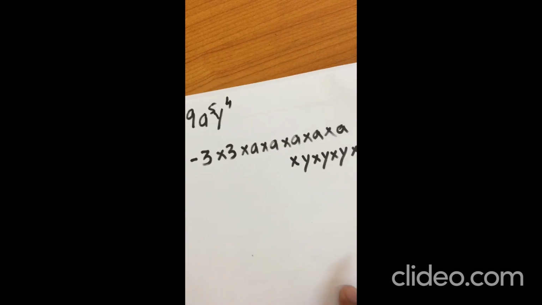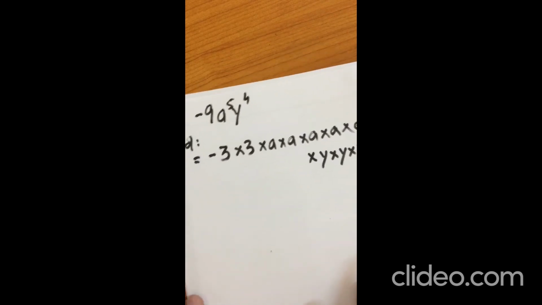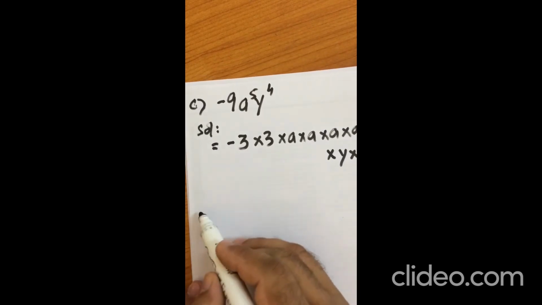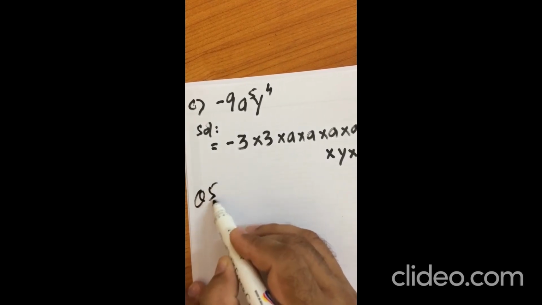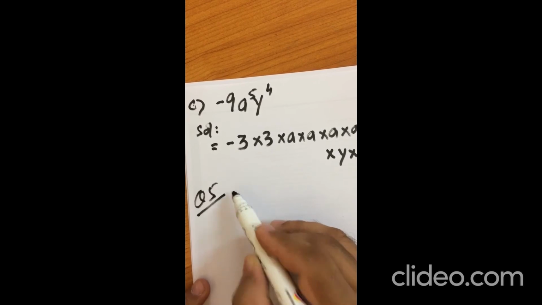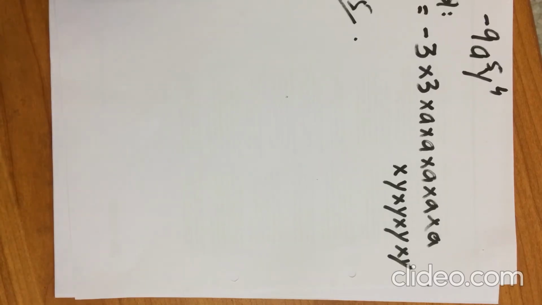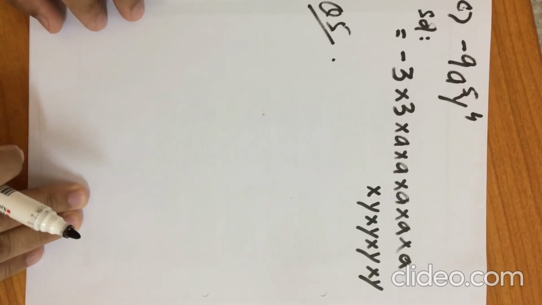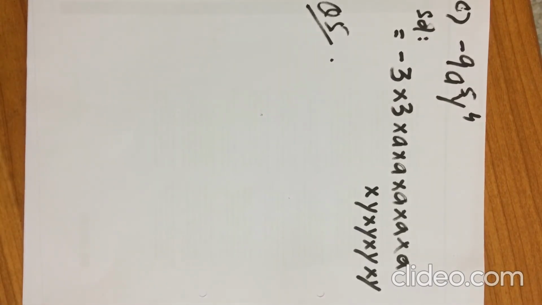And after this, question 5. Write down in exponential form. It's asking you. You can see on the book as well. I just show you. Dear students, we'll continue work with the question 5. Write down in an exponential form.